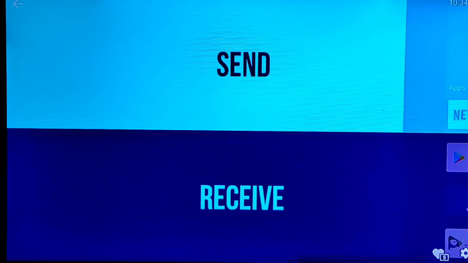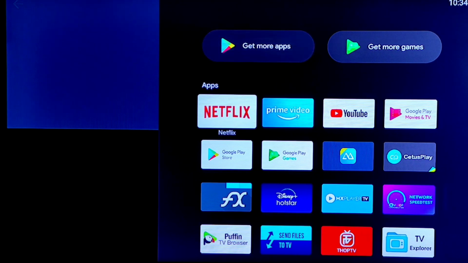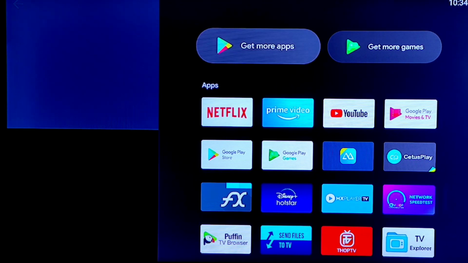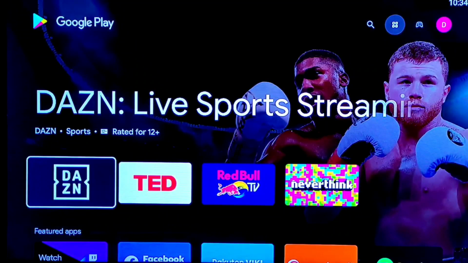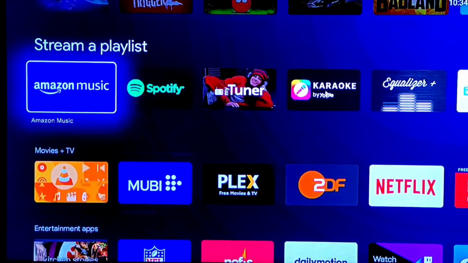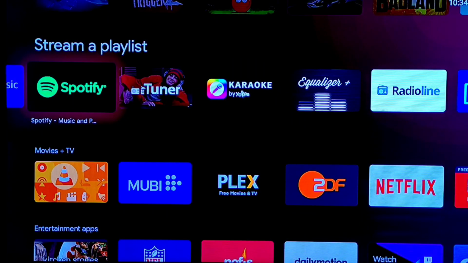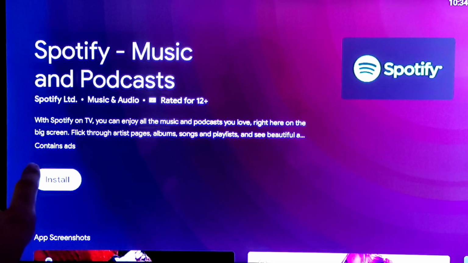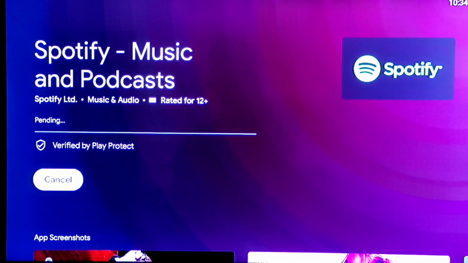Now if we want to download any sideload applications, how can we do it? If you want to download from your Google Play Store, you can download directly from the Google Play Store. Google Play Store has many applications, but some are limited. If you want to download any application from Google Play Store, then you just have to click on the application, and then you can install it. This is the option of install. Click on it, and you can install it.